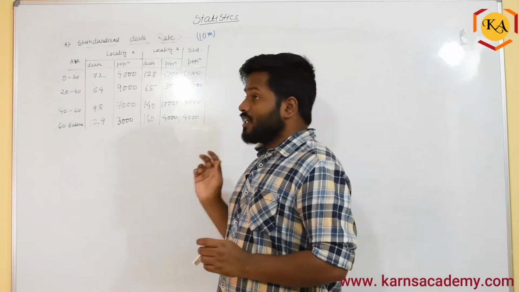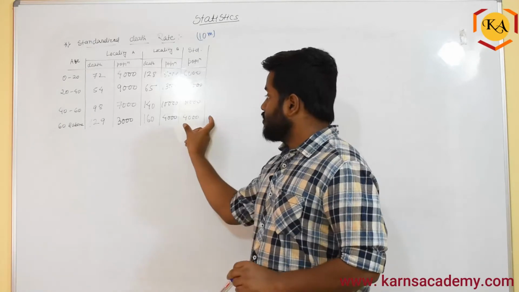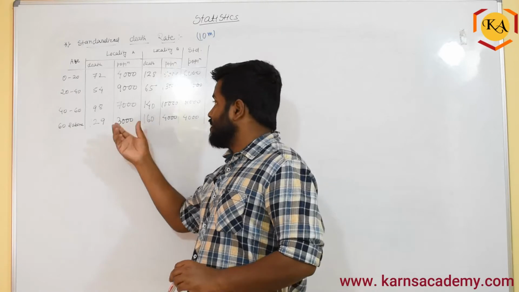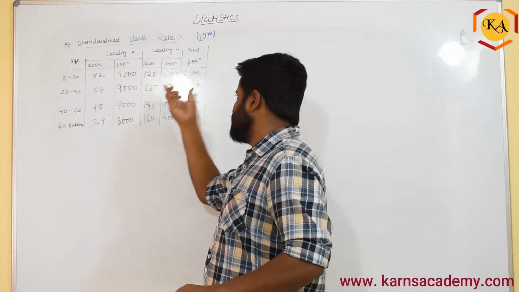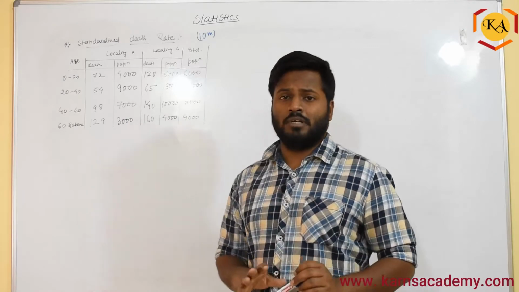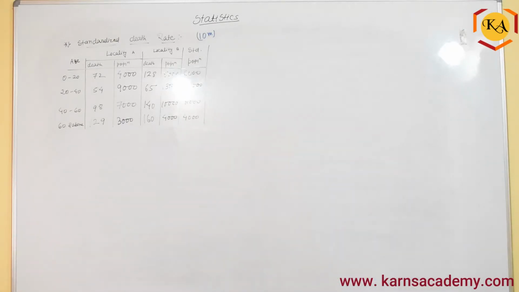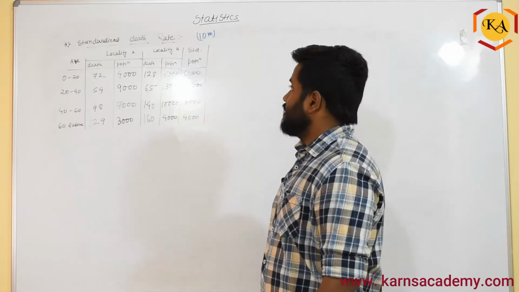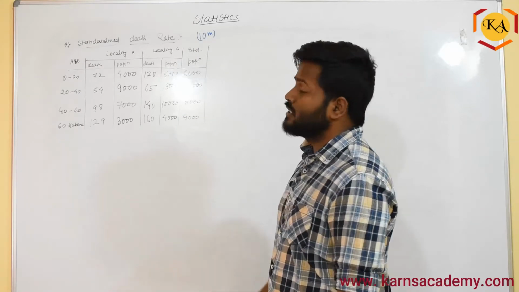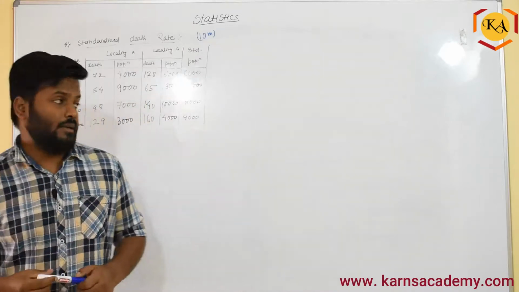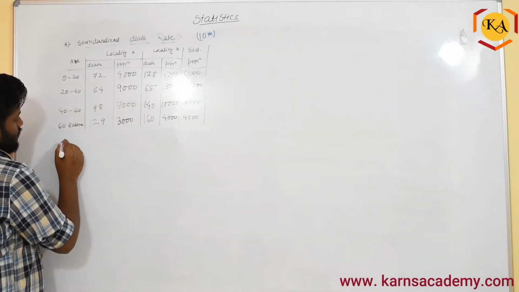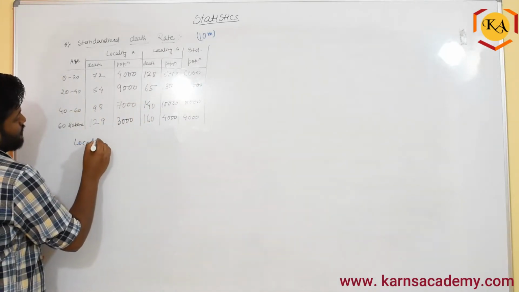Now, sometimes what happens is they will not give you the standard population separately and they will tell you to take locality A as the standard population. So you can take the same population here and start comparing for both the cities. Generally, how to start this problem, as this problem is for 10 marks, I would suggest you first start with locality A.